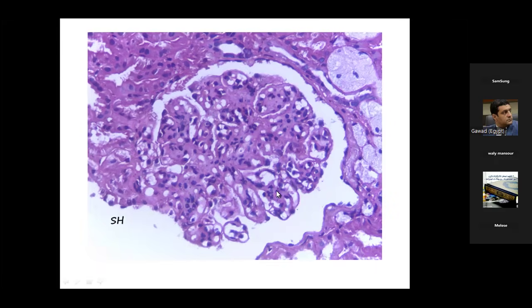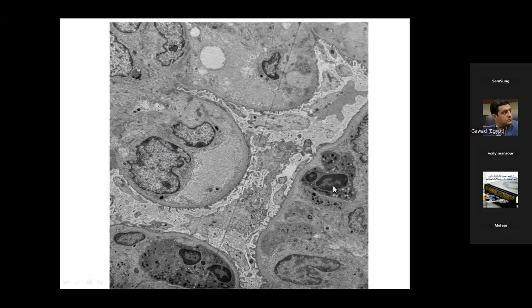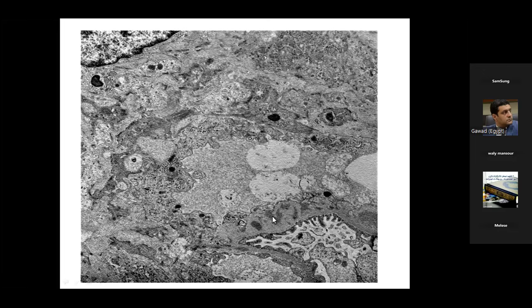Mesangial hypercellularity is more clear here, and with both stains, the double contouring is seen, with more mesangial hypercellularity. Here is the inflammatory cell in the lumen of the glomerular capillary, another neutrophil here, and endothelial injury, as we have discussed in the second lecture, with ballooned cells, and these are the immune complex